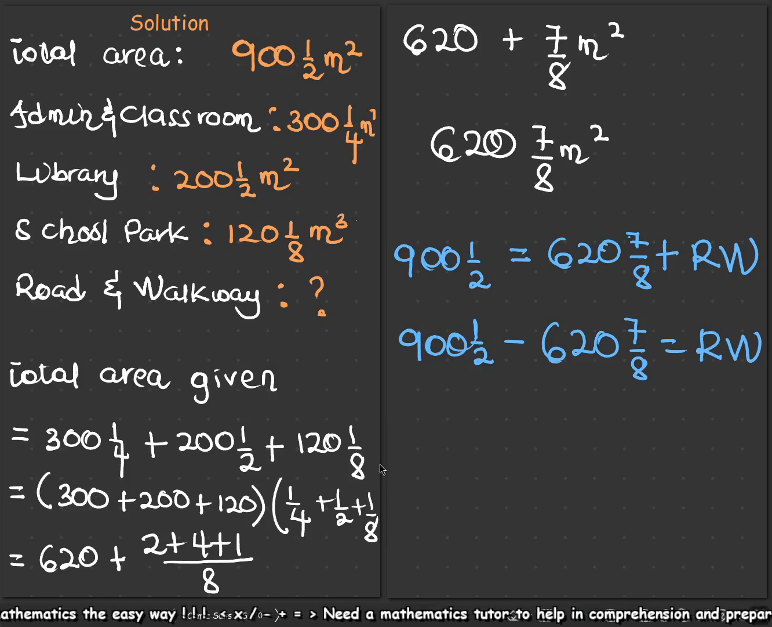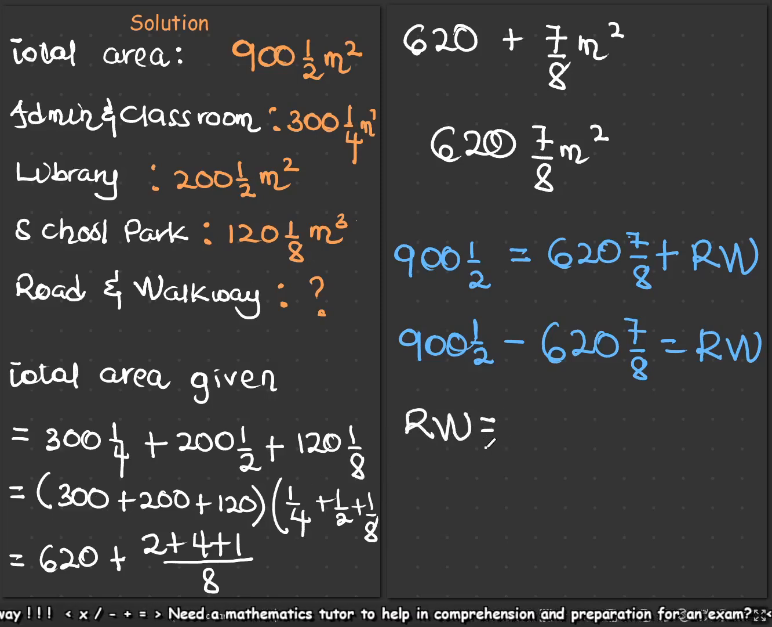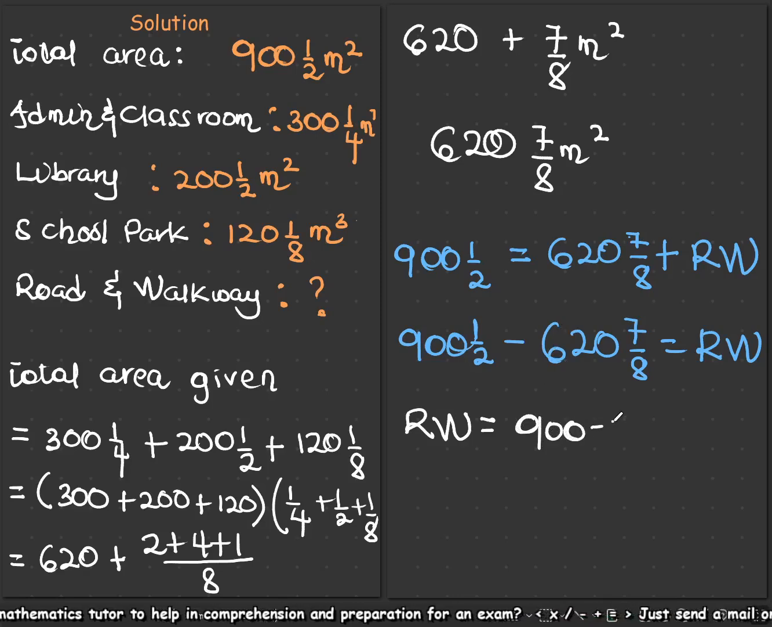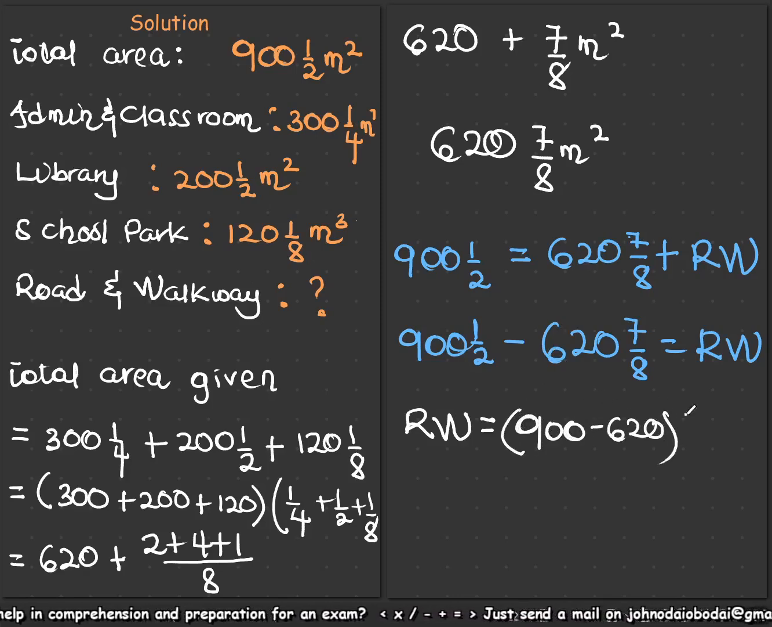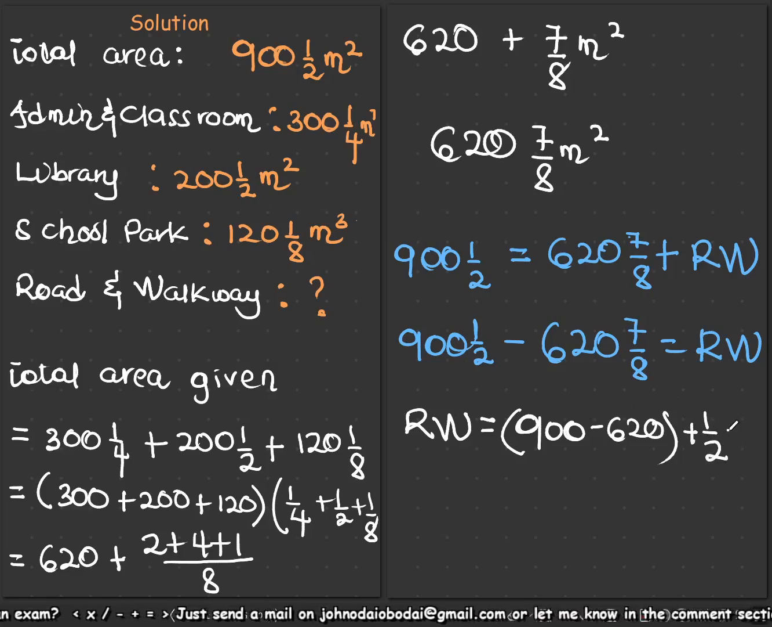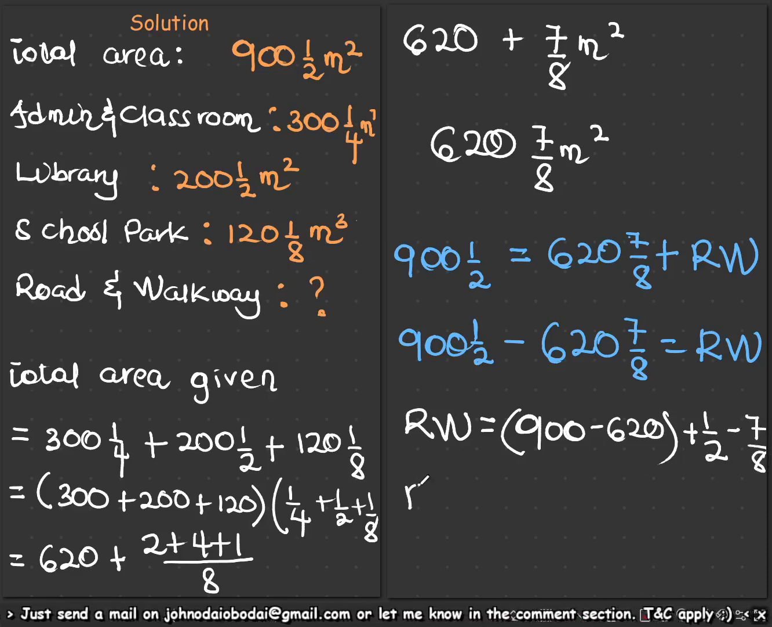So we can now conclude that the roads and walkway is then what? 900. So just as we did the previous one, that is our 900 minus 620. Then we have the fraction over here as well, so that is plus 1 over 2 minus 7 over 8. So we have roads and then walkway being equal to